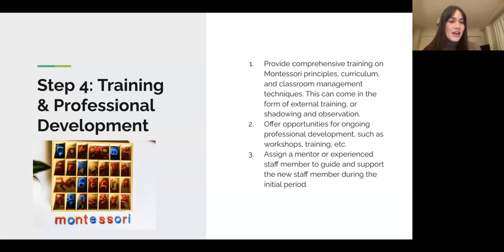So you can say to somebody that you've hired who maybe doesn't have Montessori experience, this is how we're going to introduce you to how our school operates, how our day-to-day works, and our approach to education. And if they already have that experience, then maybe more just how does the schedule work in our unique school. You can talk about how you offer opportunities for ongoing professional development.